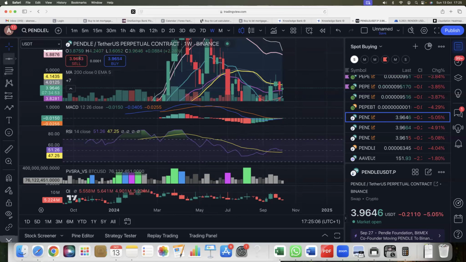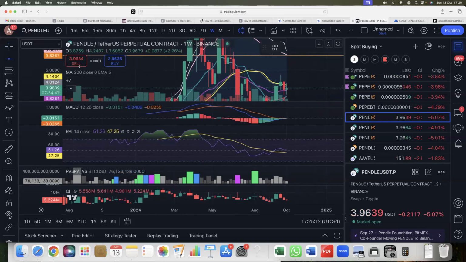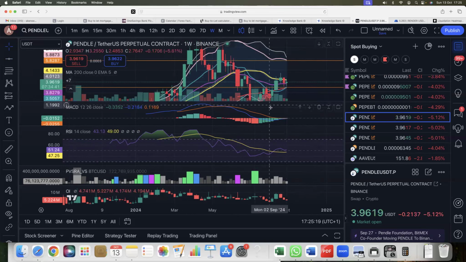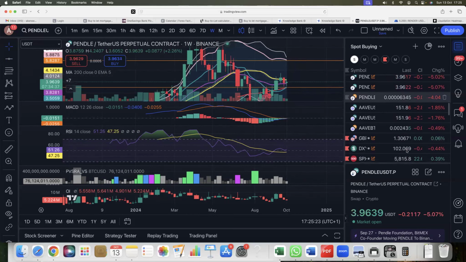Let's put a line on it so we know what we spoke about. Put a line here, and put a line for our profit target, and put a line here. So we reviewed last week, we see where price went. So that's Pendle. If we go and look at SUI,